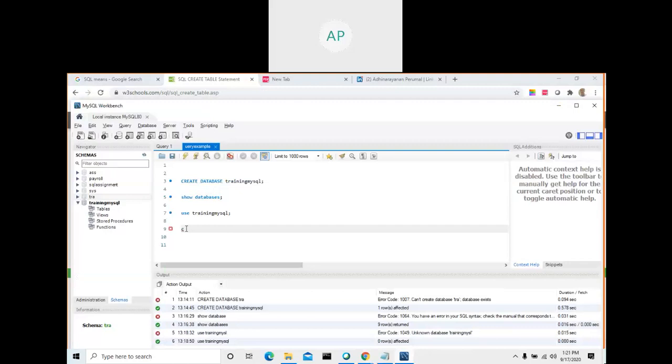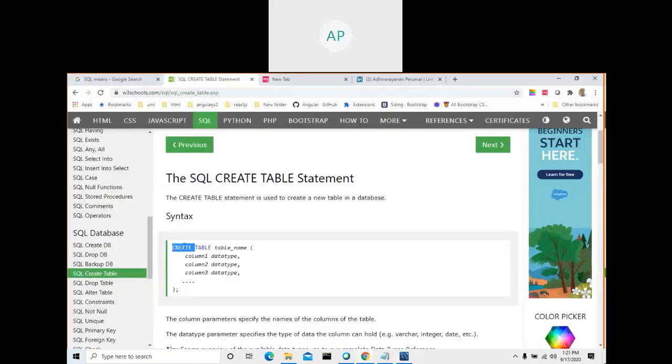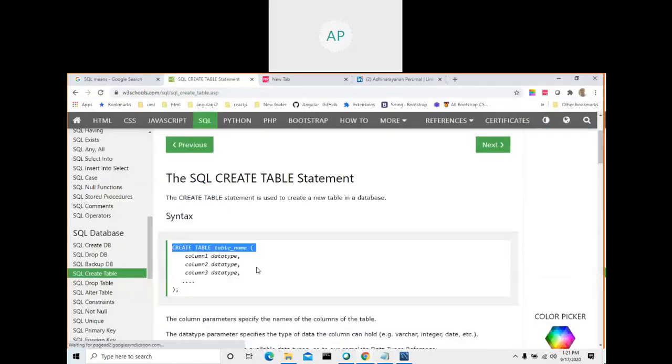Now we are going to create a table. This table is going to contain all your data. If you have gone through my previous video, you might have got some knowledge. In the next video, you will get more detail about how to create a table. Just to start, I am creating one simple table.